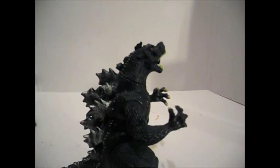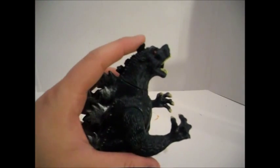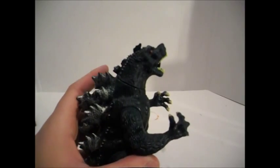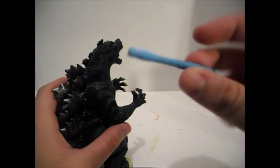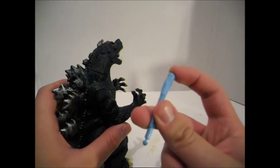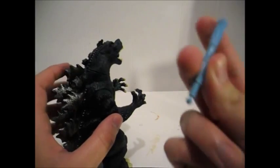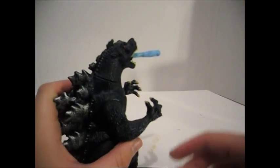So also, there's another annoying thing about this figure. This thing on top of the head, that's how you launch the breath missile things, which this is one of them. You get 3 of them, obviously. The tip of it is rubbery, and these are really good. It launches really good. It just clicks in there, and then...